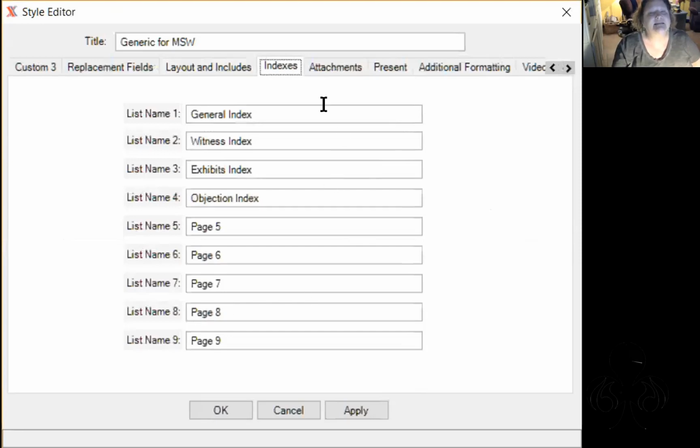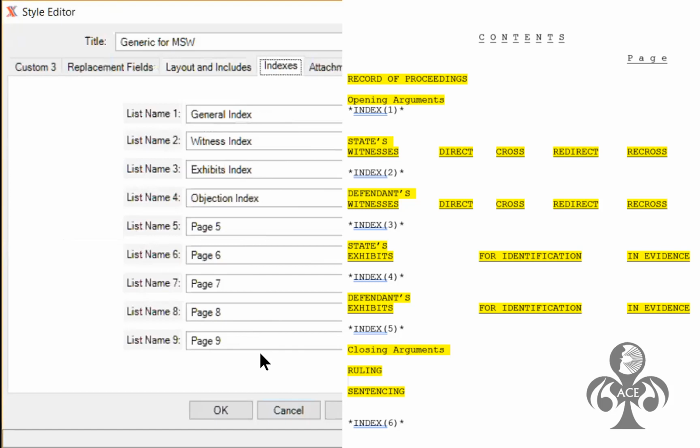Now, moving on to the next tab. This is the Indexes tab. In this tab, we are only setting up what indexes we want to have. I need you to think of your indexes as lists, meaning that certain things belong in the general index, certain things belong in the witness index, the exhibits index, the objection index, and you may not have any of those. Or you may want to get a little bit more complicated